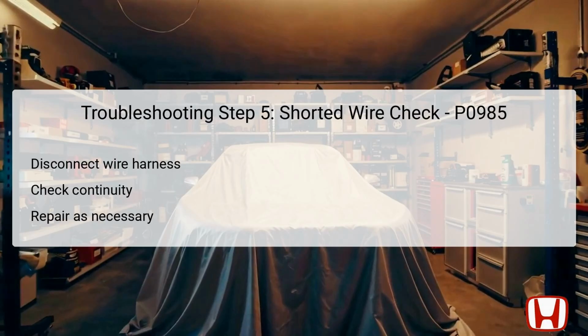the solenoid. In the fifth step, the focus shifts to checking for shorted wires in the system. Begin by disconnecting the Shift Solenoid Wire Harness 8P connector to isolate the circuit. After disconnection, check for continuity between test point 1, located at PCM connector B49P number 40, and test point 2, which should be body ground. This diagnostic procedure is crucial in identifying any shorts to ground that could be affecting the operation of the Shift